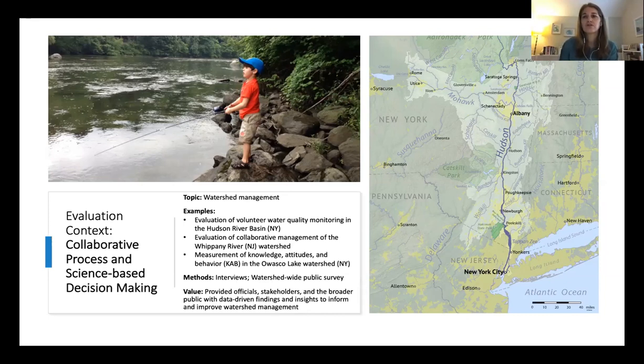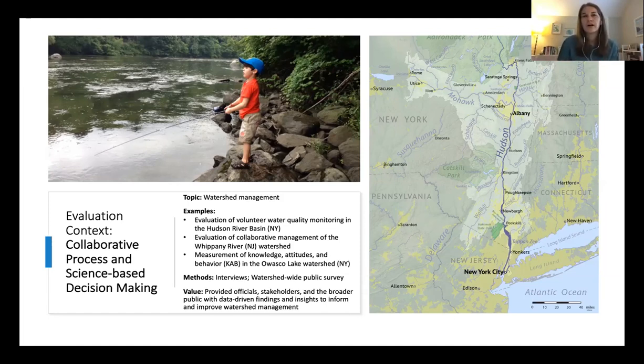Similarly, and yet in contrast, watershed management in New Jersey is organized at the state level, in contrast to New York, where it's county driven, or home rule, as we say. And so in New Jersey at this time, we were using methods of looking at a collaborative process that had been going on for several years across the state, and essentially gathering information about how that was working and not working. It was successes, lessons learned, pretty straightforward stuff.